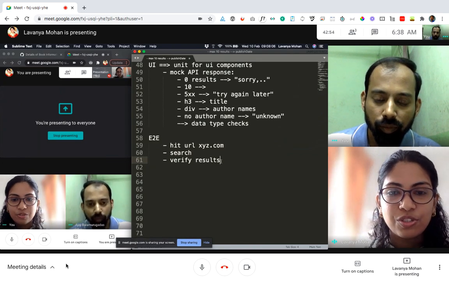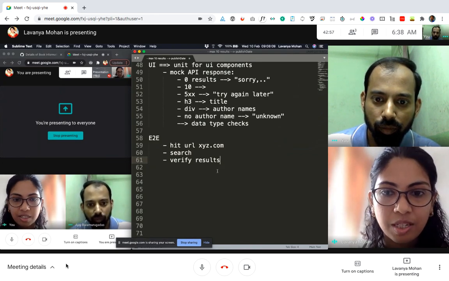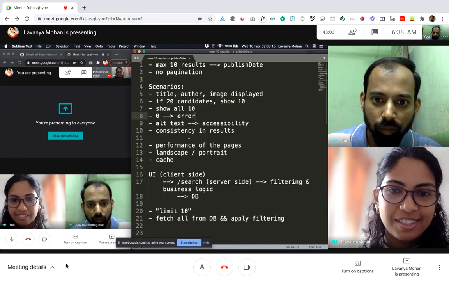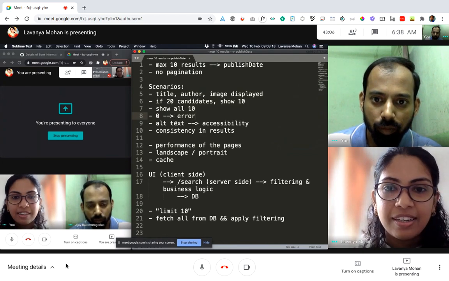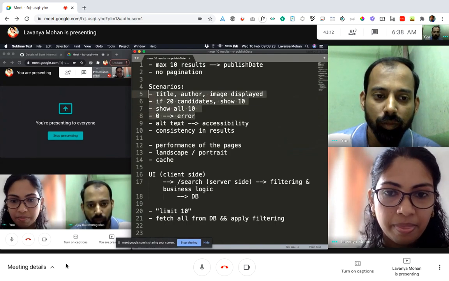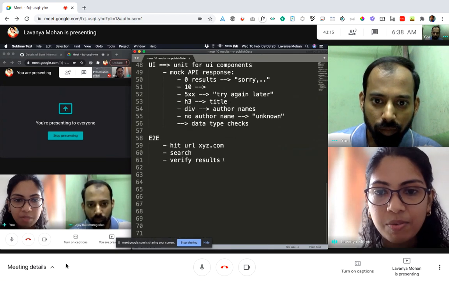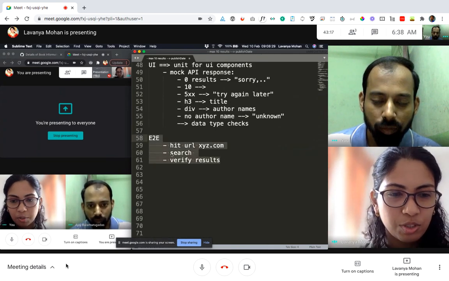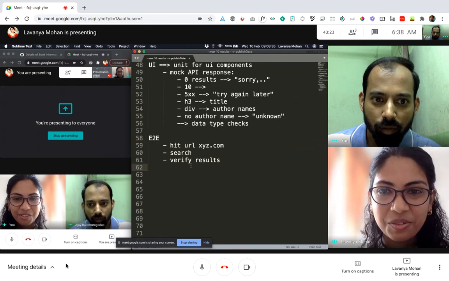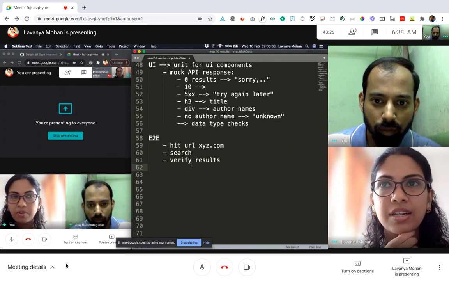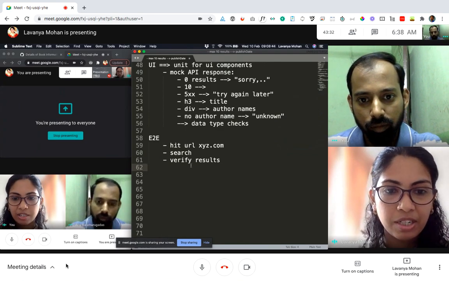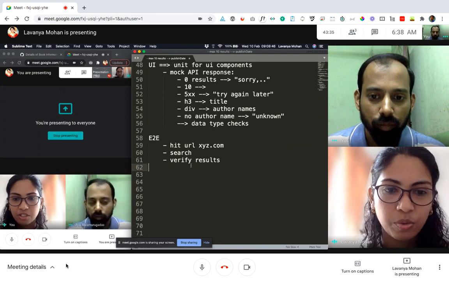So mainly I wanted us to think about this. Yes, we usually come up with a lot of cases, and this is just a very small set of what is possible. Even here, we saw that quite a few of these things could be automated at the lower level, and what we ended up with is maybe one scenario at the end-to-end level to check the entire integration. The main reason I wanted to do this was to see that a lot of times we have a lot of test cases and we think about just converting all of them into automated tests driven through the UI.